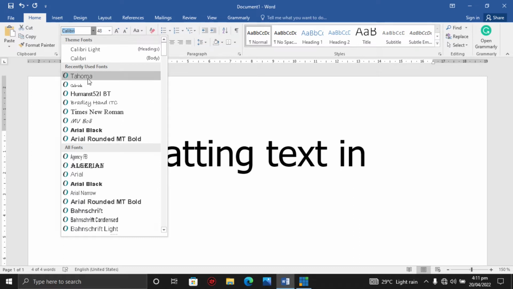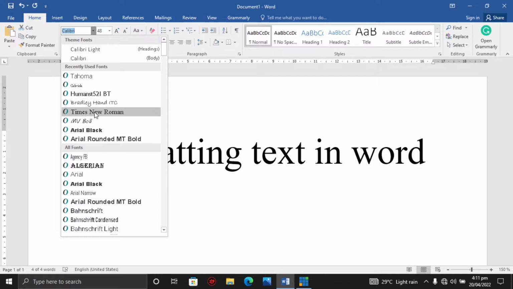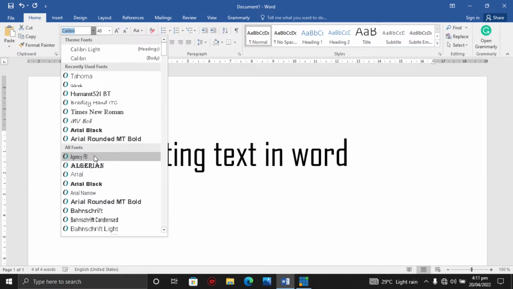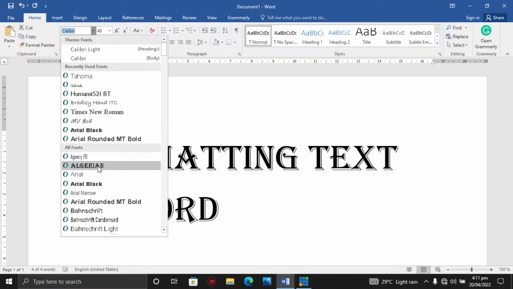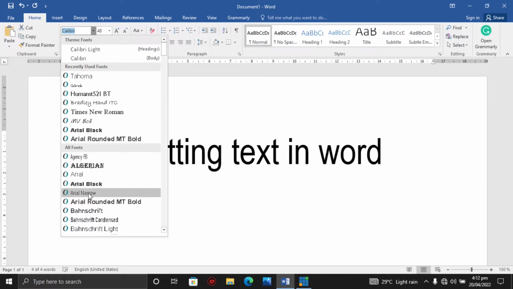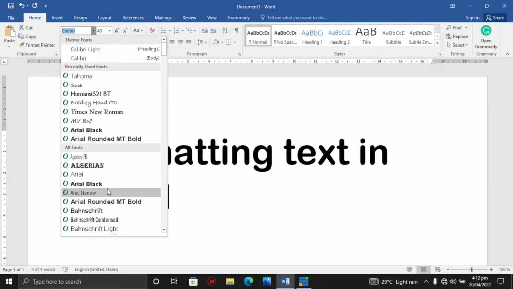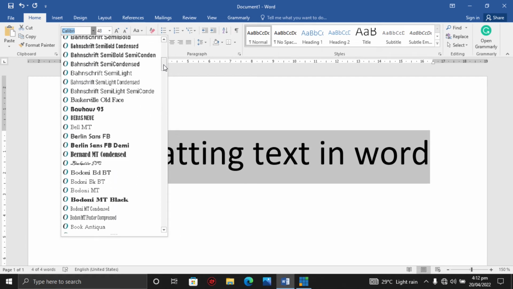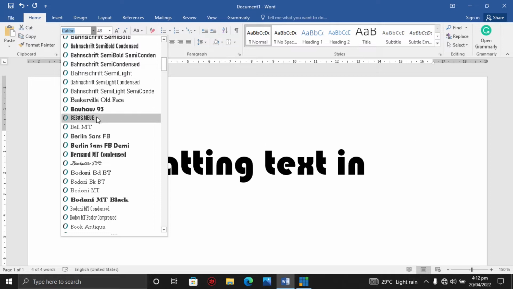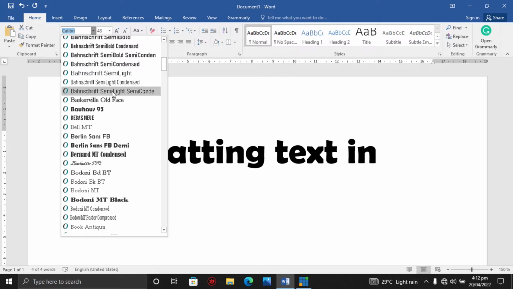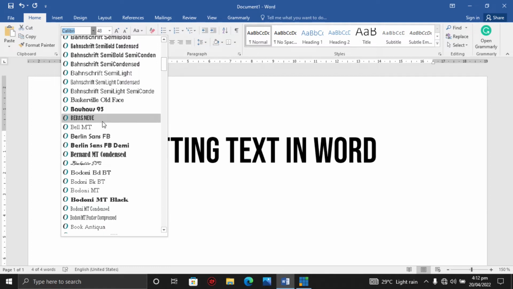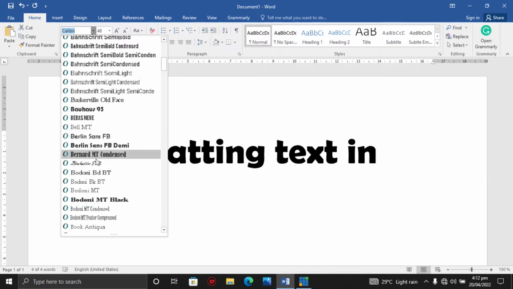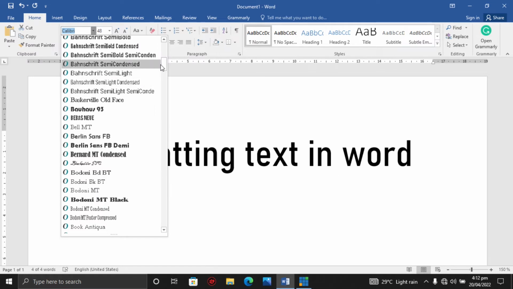We have Tahoma, Times New Roman, Arial Black, Agency FB, Algerian, Arial Narrow, and all these font types. If I scroll down, you see different font styles, or font families, which consist of different fonts, the bold and the rest of that.